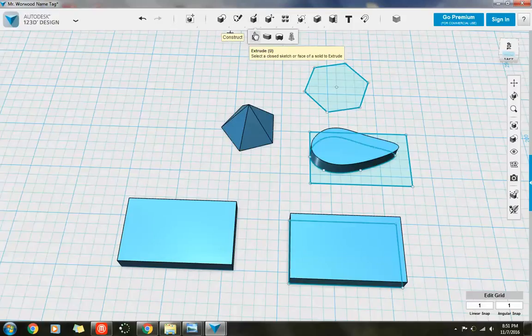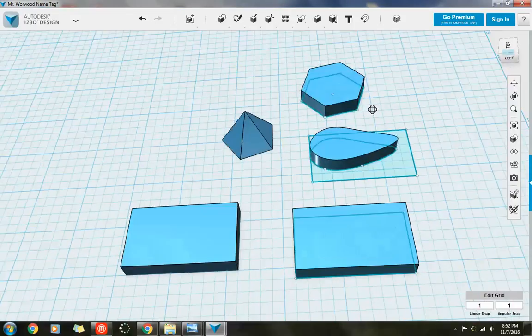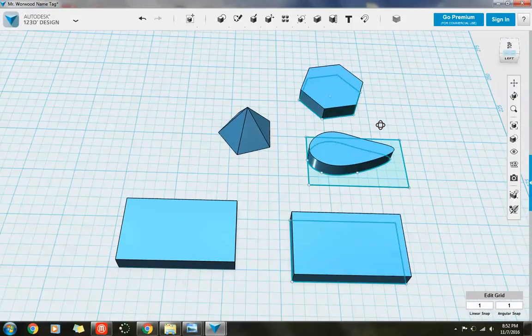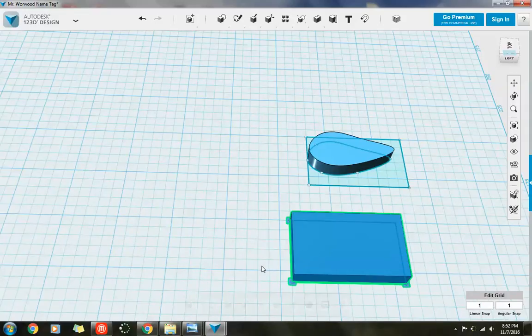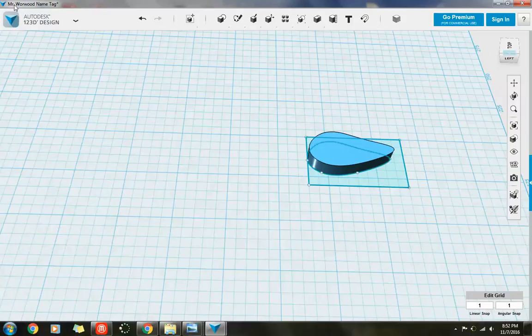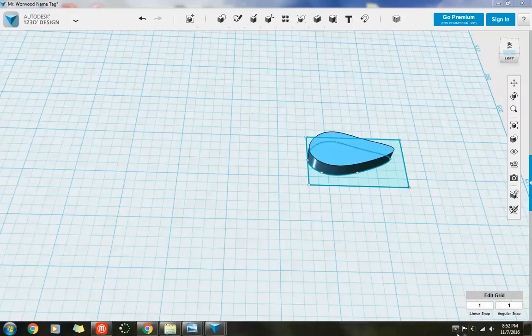You can go ahead and play around with it, and start figuring out a shape that you would like for your name tag. Once you've played around and figured out a shape, you can go ahead and delete the shapes that you don't need. And then save it and move on to the next video, and I'll show you how to put your name and the hole in it and other cool little tweaks that may